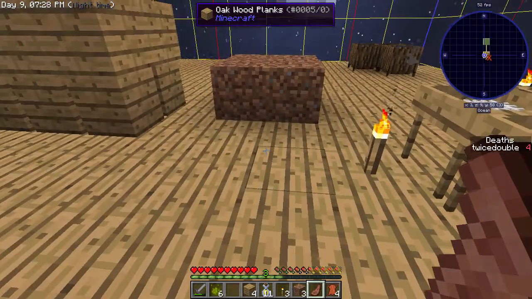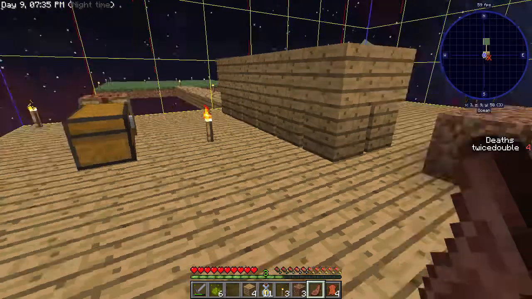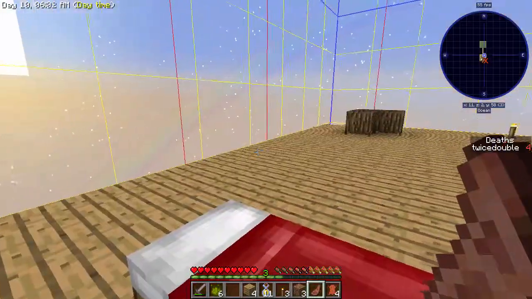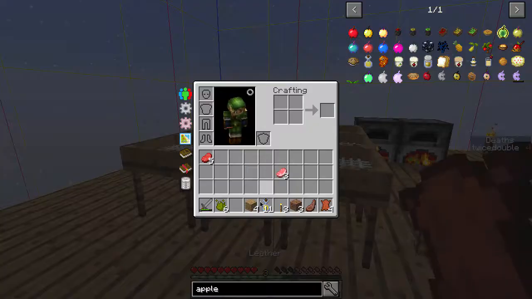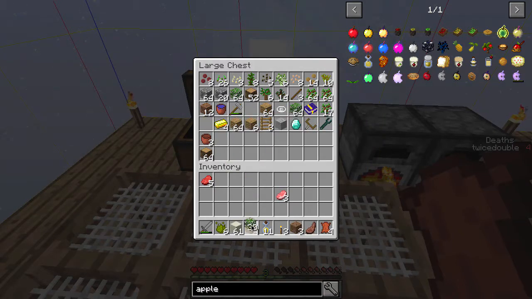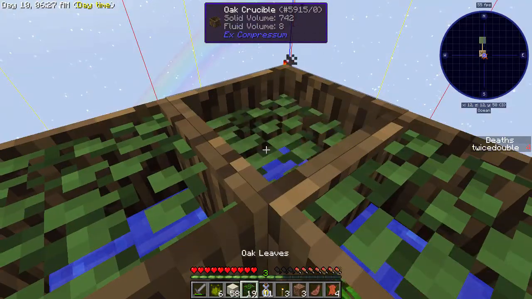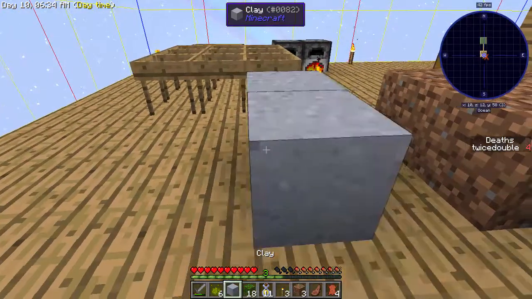Alright, the next thing we want to do, the last thing I think I want to do for this episode, I want to get a cobblestone generator. That's going to take a little work, but we can do it, I think. Okay, so first what we need is a bunch of clay. Luckily, I have a bunch of dust, and a bunch of leaves to make more wood, to make more water. So clay, leaves, clay, leaves, clay, leaves. Okay, so that's going to be doing that. We're going to have ourselves some clay,